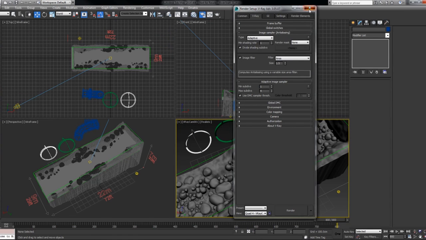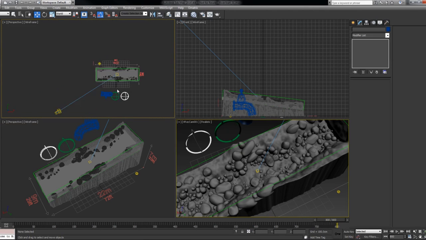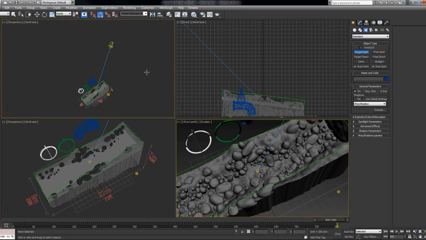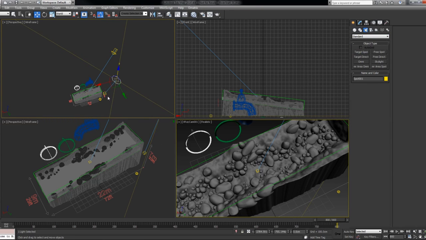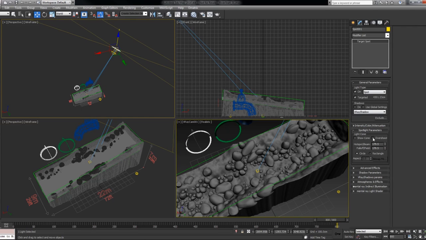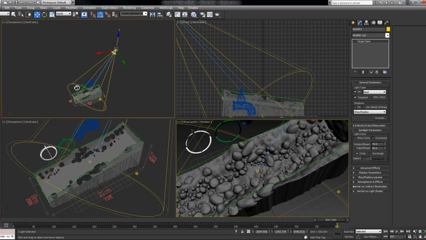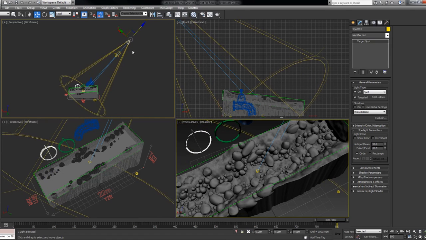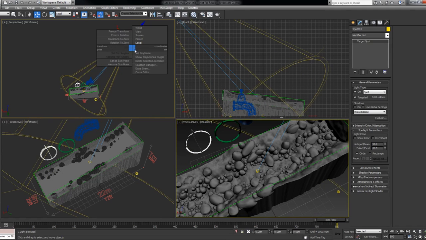and I'll come here and create another light, and this time I'll create a target spot. So I'll create it somewhere in the viewport. I'll set the target to 0, 0, 0, and I'll align the spotlight for the caustics to the direct light, and I'll just change the hotspot and the fall off. Okay, so switch to local and move it slightly upwards so that I can select it easier, and I'll switch